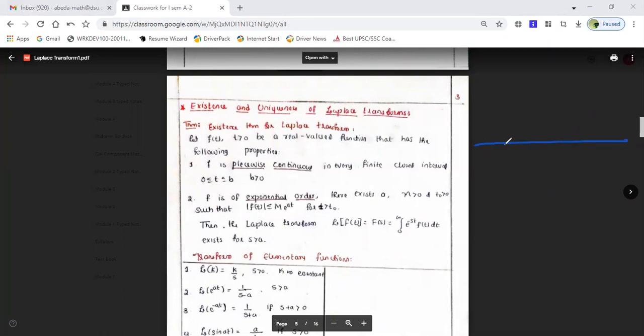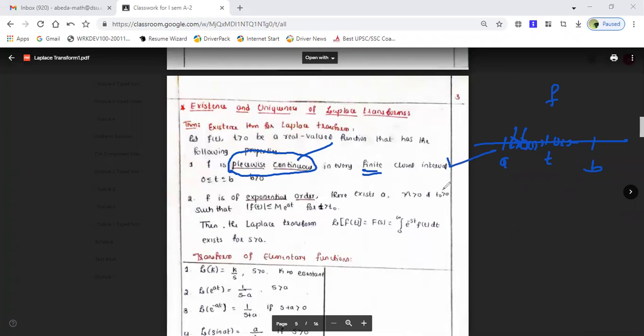So, for example, if I take my interval as a b, and say some t is here, and this is my function which I'm defining on it. Whatever finite interval you consider, however small, if the given function is continuous on each such finite interval, then we call it a piecewise continuous function. So this is the first criterion.